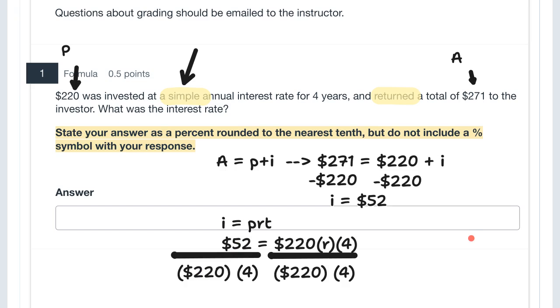So that means the rate R will equal the 52 divided by 220 and also divide by 4. If you want to divide by 880, you can. So 52 divided by 220, also divided by 4, the rate is, I got